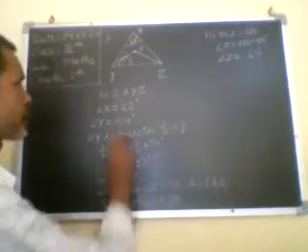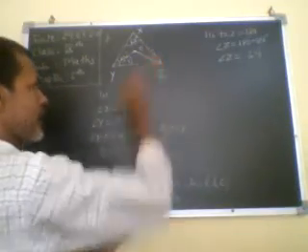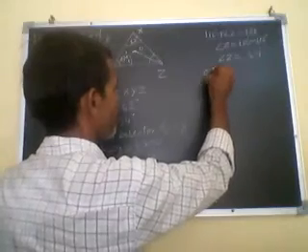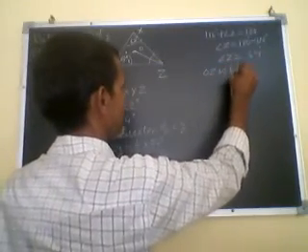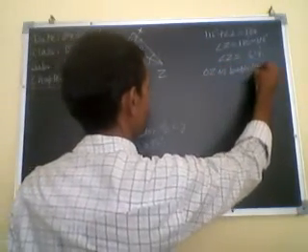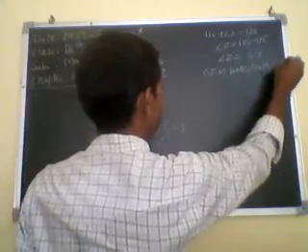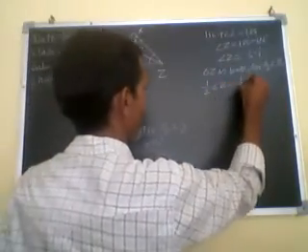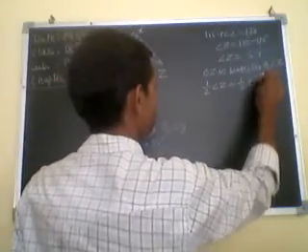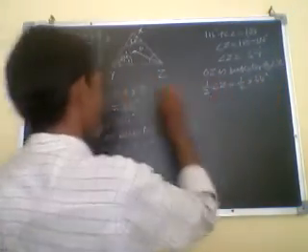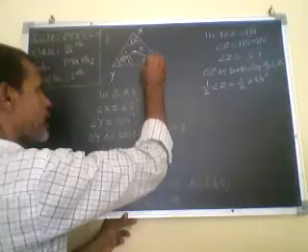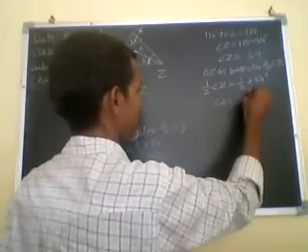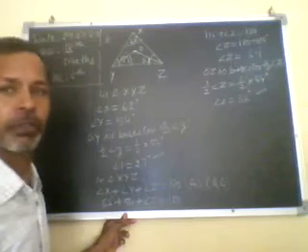So angle Z is 64 degrees, the whole angle Z, but OZ is the bisector of angle Z. So half of angle Z is half of 64 degrees. Half of Z is marked as angle 2. This is angle 2. So angle 2 is 32 degrees. This is the second angle.